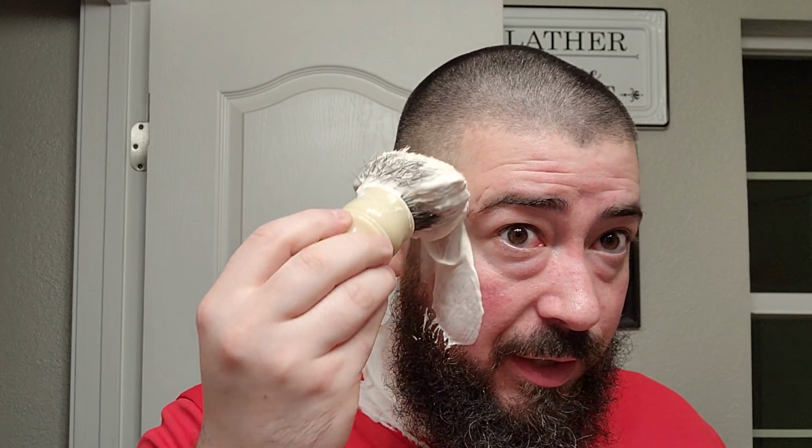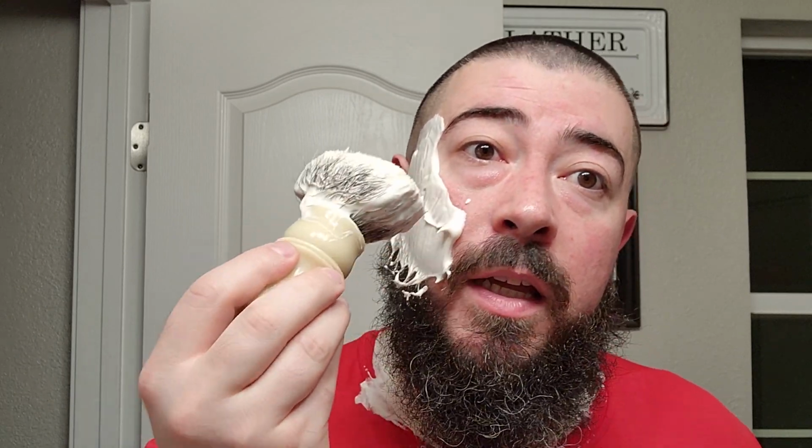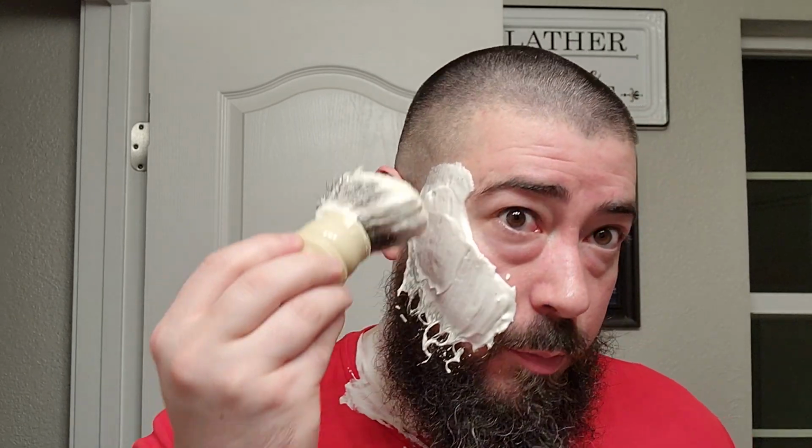That shouldn't surprise you whatsoever. It has hazelnuts on the label, and so you're pretty much already leaning in the direction of gourmand. Hazelnut is an excellent scent note, by the way, but it says vetiver, hazelnut, and vanilla. So a somewhat simplistic scent breakdown, but I think the vetiver plays a key part in this